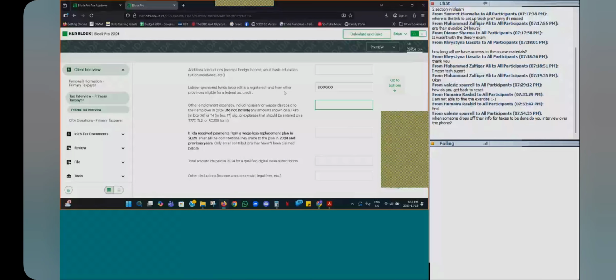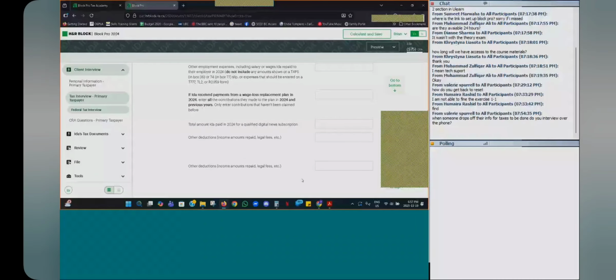Okay, any employment expenses? We don't have anything like that. No payments from a wage loss replacement plan, nothing like that. And no amounts paid for a qualified digital news subscription, and no other deductions here. Now,